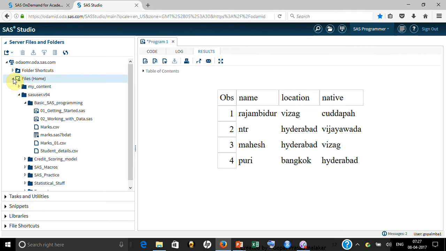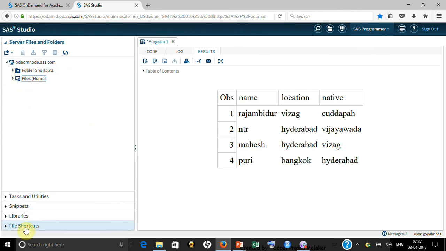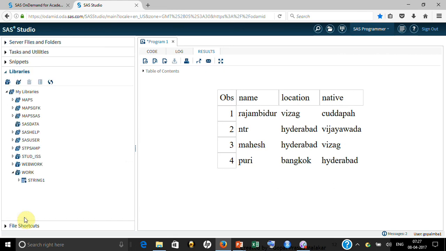To go there, what you need to understand is that's where these things come up. Here if you go to the library, any data which has not been saved is by default in the work library, and that's what you are seeing here. I will show you how you can create a library name also, and then the library name will be coming somewhere here so that you can go and always check your data.